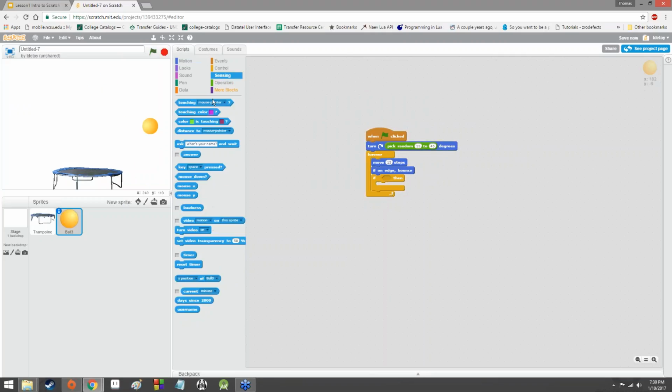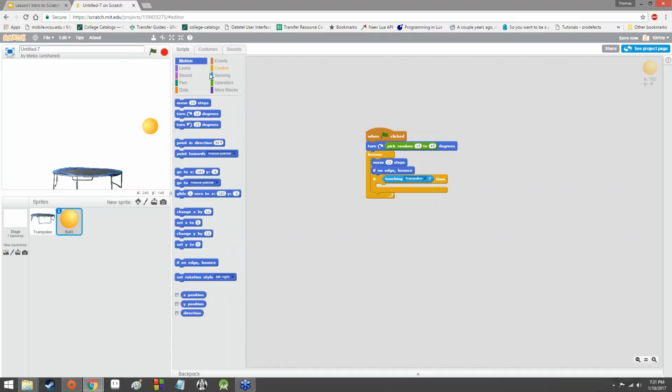So we'll go over to sensing, and instead of touching mouse pointer or edge, we'll say if touching trampoline, then